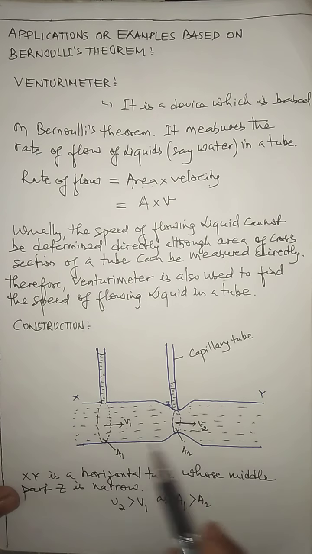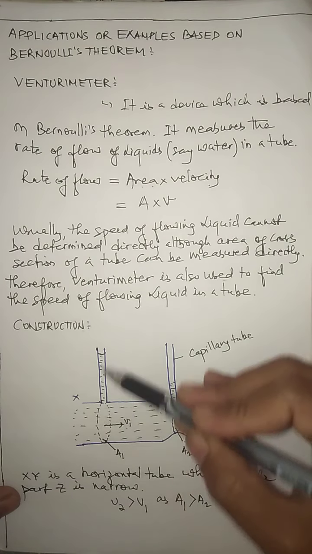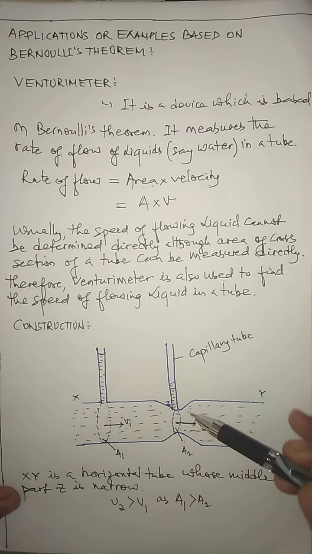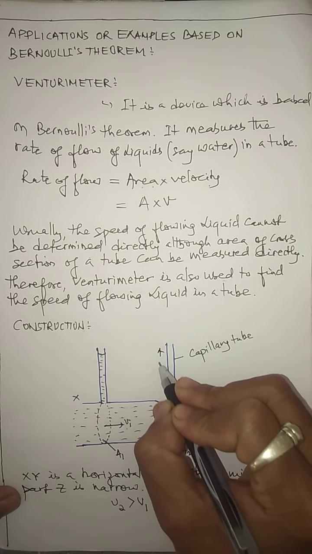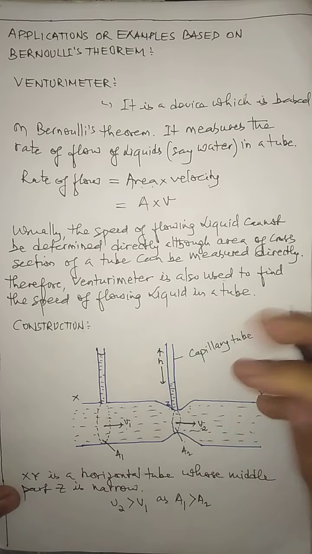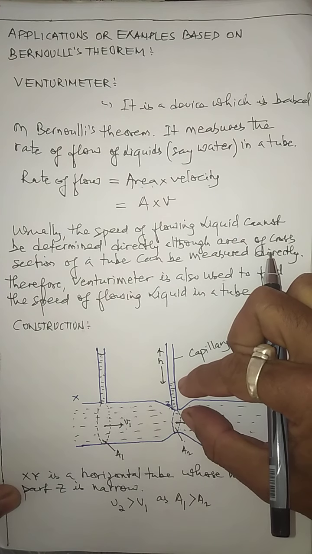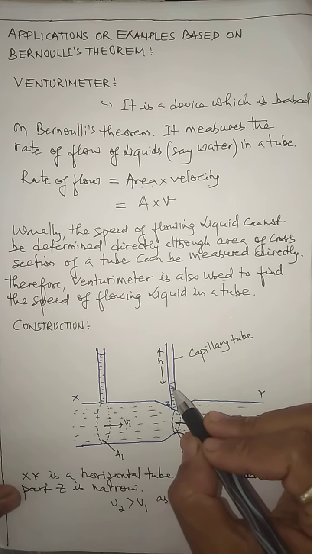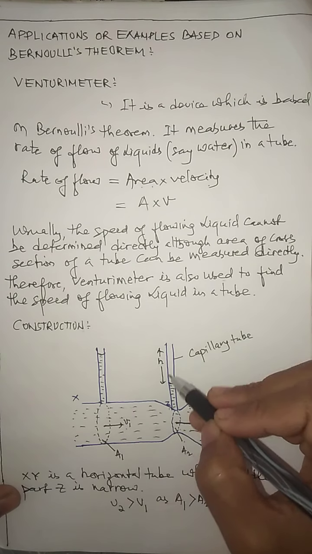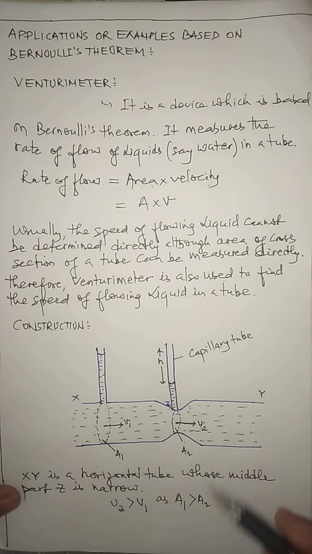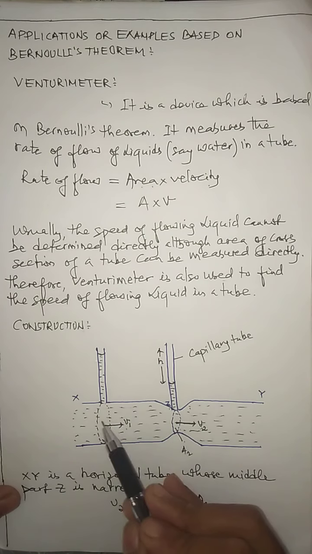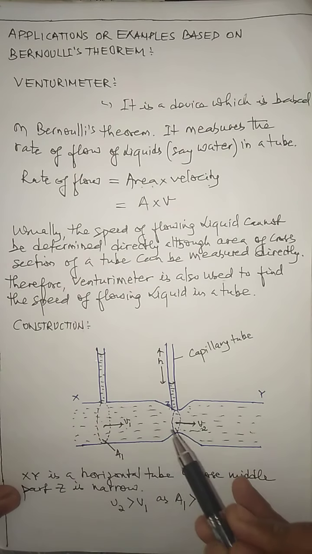So children, one part you need to understand is that in this flowing liquid, at every cross section area, the speed or velocity of the liquid is not only changing, the pressure is also changing. The pressure at this end and the pressure at this end are not the same, and due to this difference in pressure, the heights acquired by the liquid in these capillary tubes are different. Suppose this height is h1 and this height is h2, then the difference in height in the tube is considered as h. This height difference is due to the difference in pressure exerted between this cross section area and this cross section area.